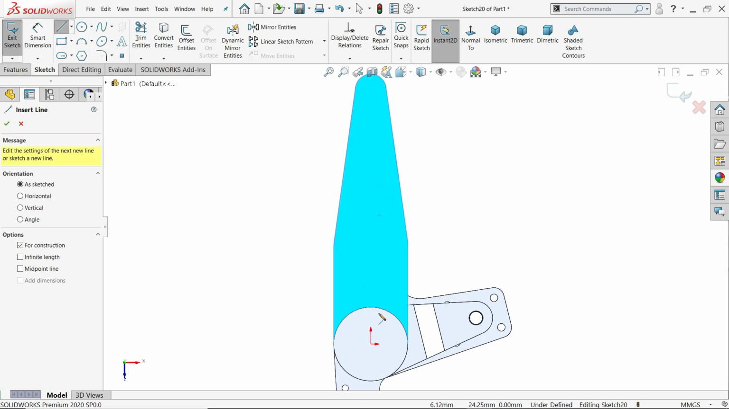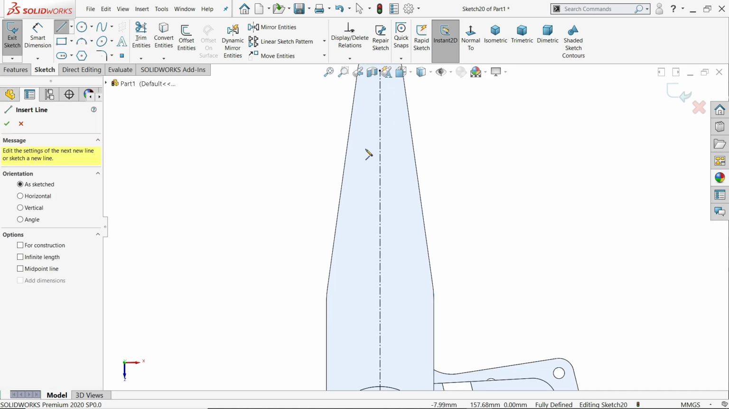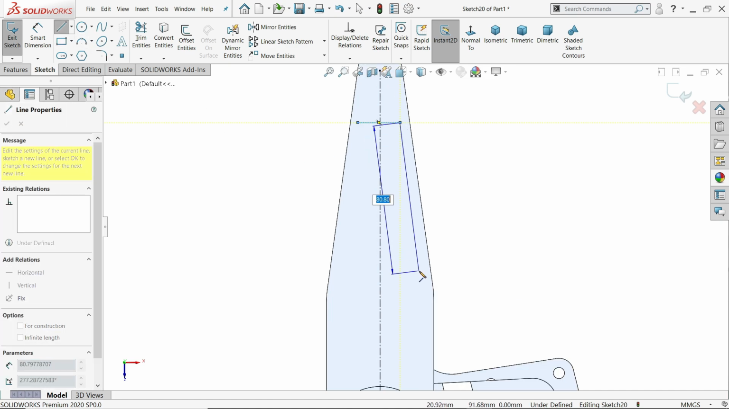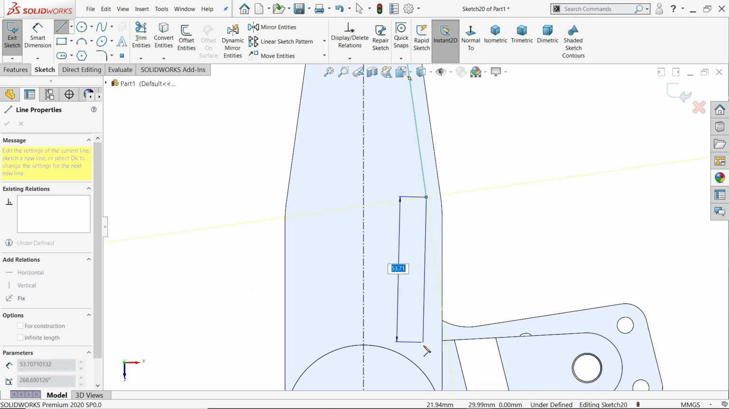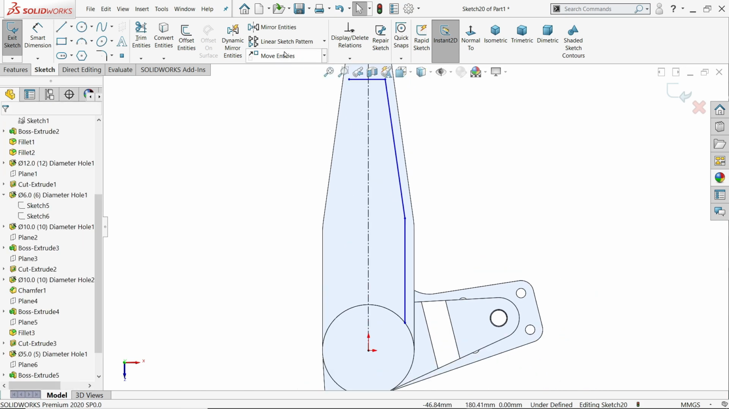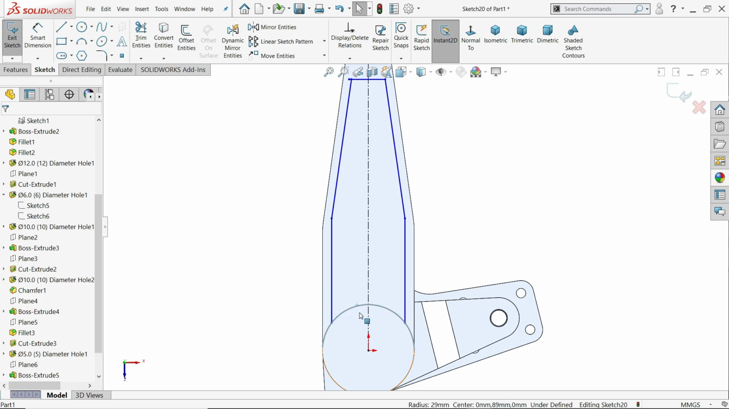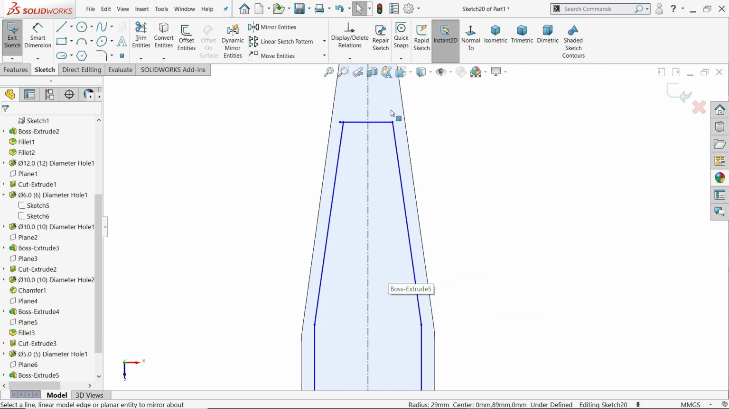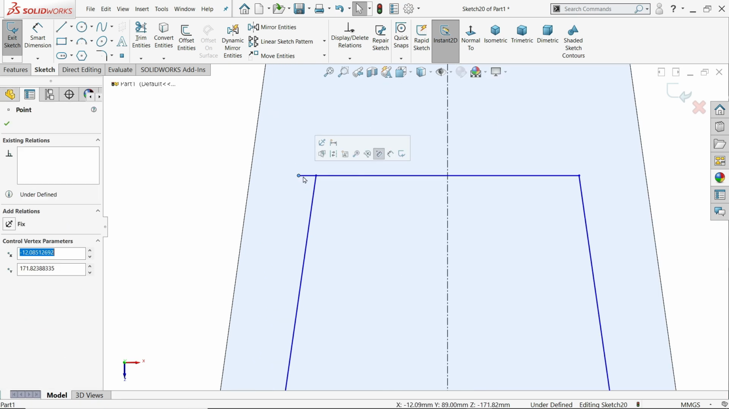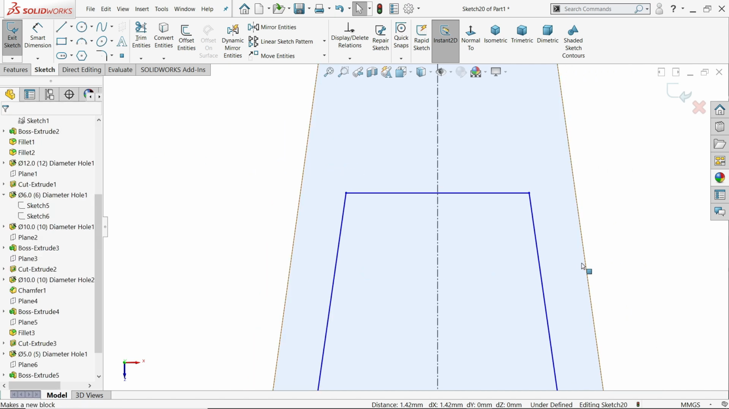Now let me do one thing. Okay, let's start from here. Line up to this arc. Now mirror entity, I'll mirror these two lines against this line. Okay, I'll choose this line, convert entity. It really helps us to do things. Merge. Okay, now let's create relation,